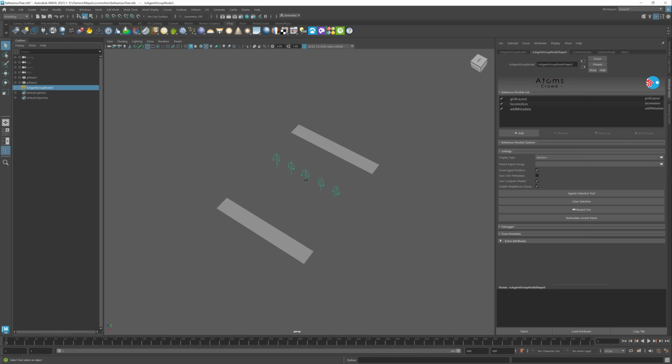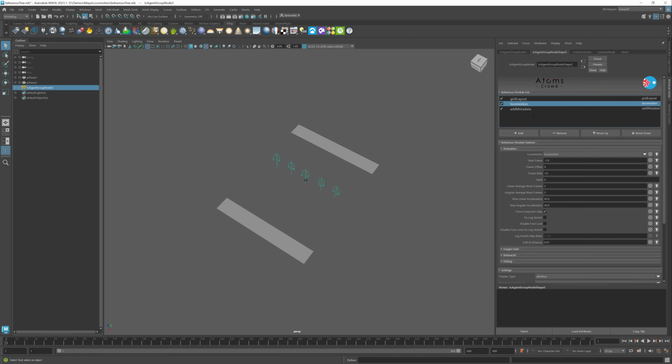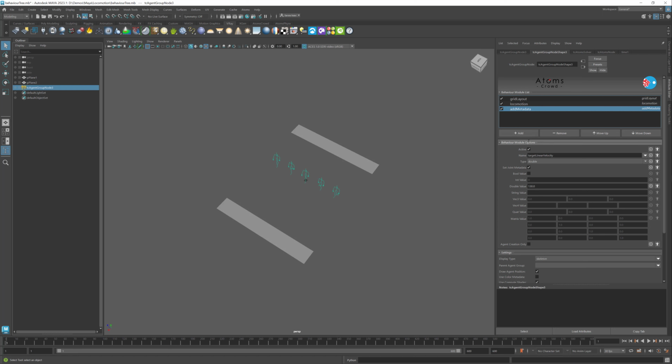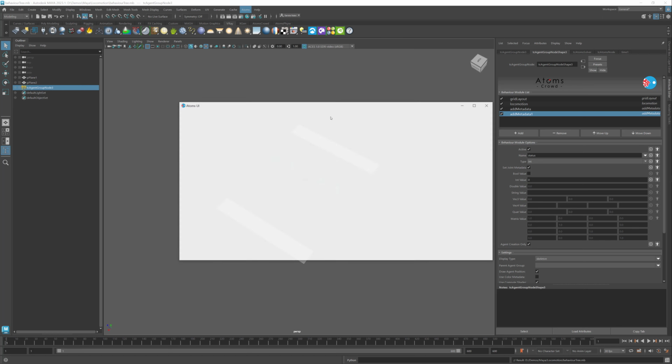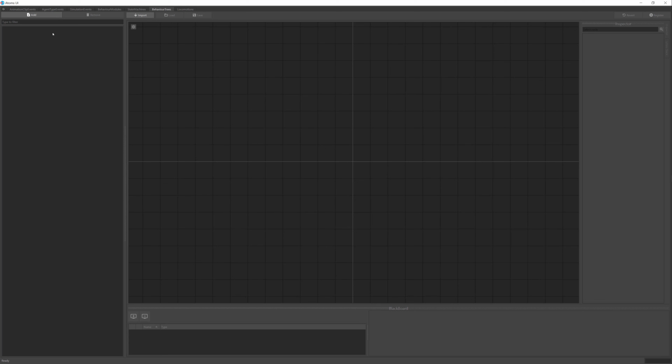Here I have created this agent with a grid layout. They are playing a locomotion, and I have also set the target linear velocity to 130, so they walk. Also here I want to set a metadata called status. It's gonna be of type int, and I'm gonna set its initial value to 0, and also agent creation only, so we don't keep overwriting it. So I'm gonna open Atoms UI to create our behavior tree. I'm gonna call this one back and forth,